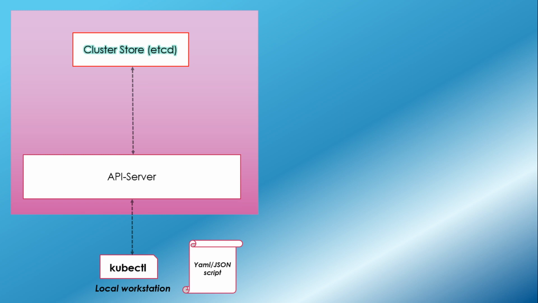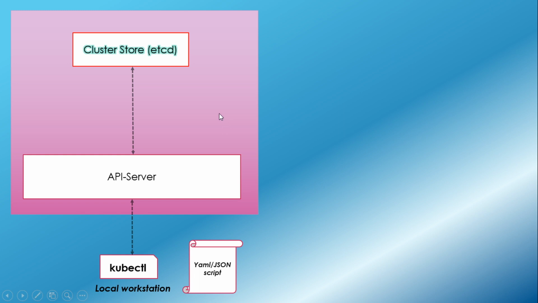Then etcd tells the API server, hey API server, I have this status and everything is noted in my memory. Please take care of these pods, and don't forget to update me on any changes made to those manifests. Then the API server accepts those requests from etcd and takes care of these files, and the API server informs the scheduler: hey scheduler, I have this manifest file. Please take care of this manifest file and deploy it on a healthy node.